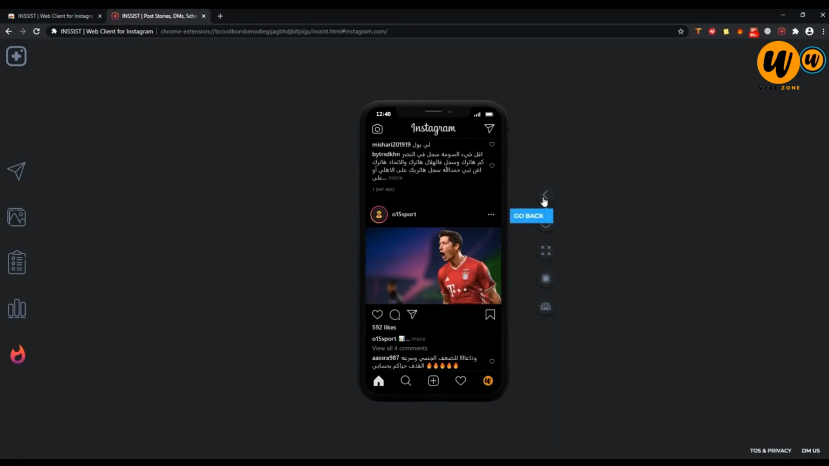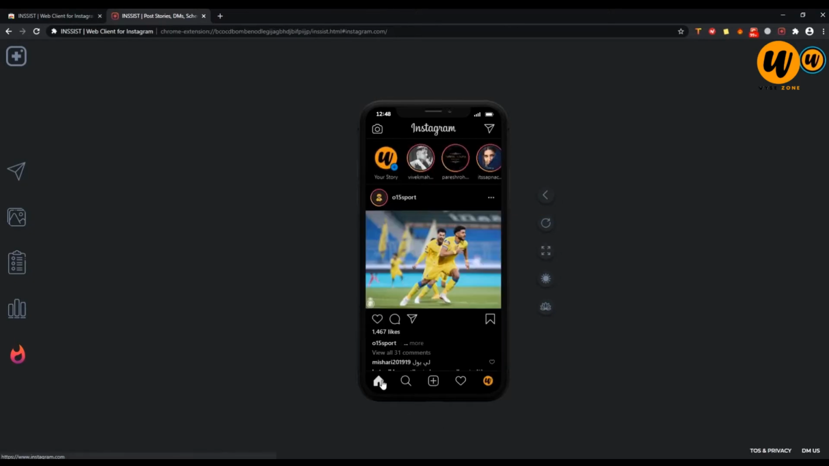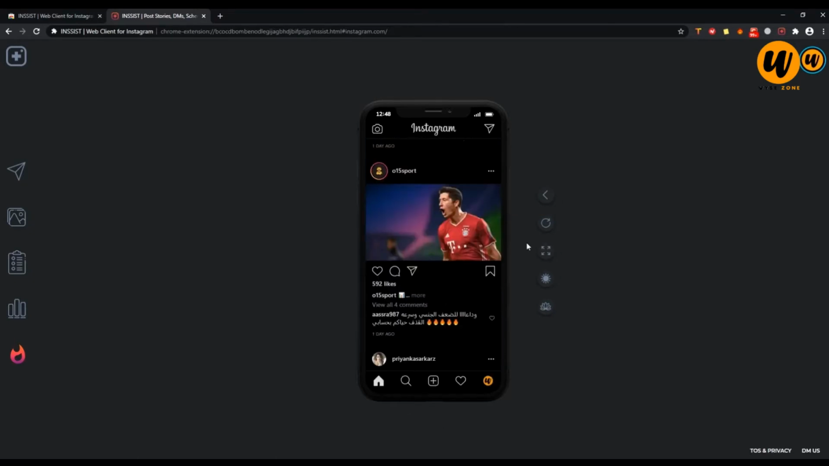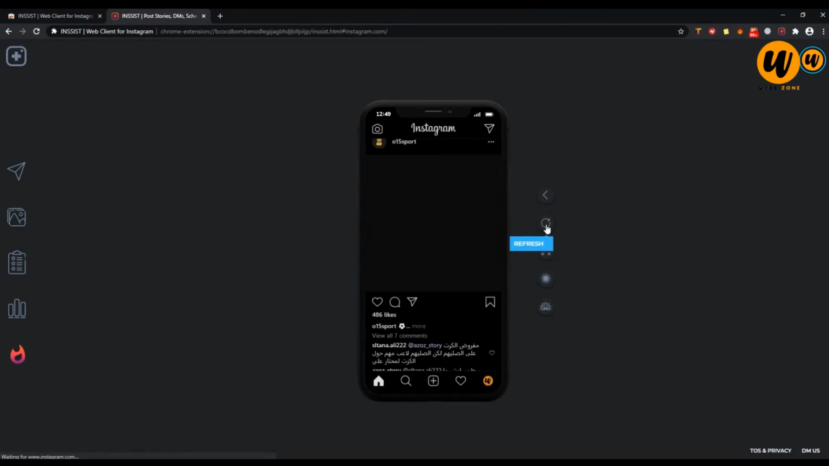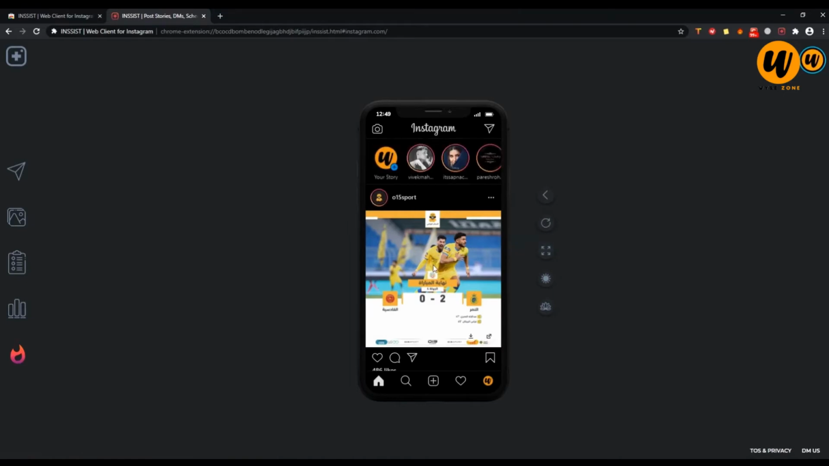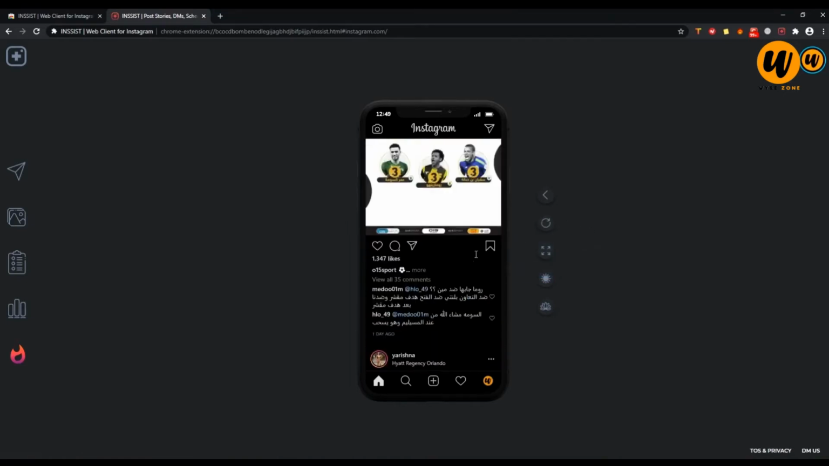Now you can see this is the go back function if you want to go back to where you were before. Okay, and for this one, refresh button if you want to refresh. Okay, you can see here you can refresh. And for this button